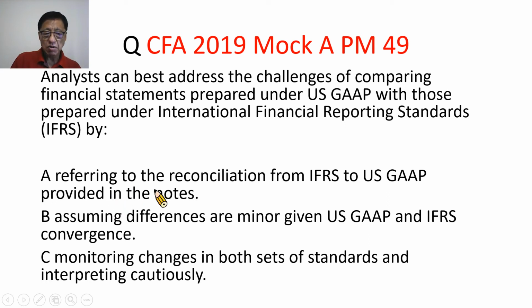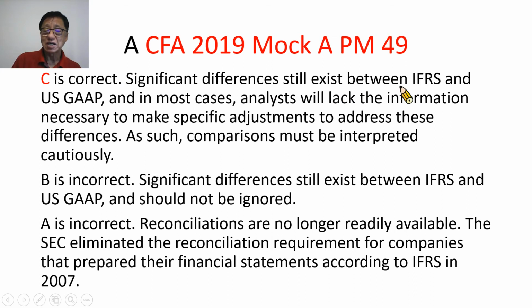第一步是说要去参考在附注里面所提供的从国际准则调整到美国会计准则的调整。B 是说 Assuming differences are minor given US GAAP and IFRS convergence. 因为如果美国的会计准则与国际的会计准则接轨的话，那么假设它的差异就会很微小。C. Monitoring changes in both sets of standards and interpreting cautiously. C 是说要你监控这两组准则的变动，以及小心的解读。当然就是 C 了，因为 significant differences still exist between IFRS and US GAAP, and in most cases, analysts will lack